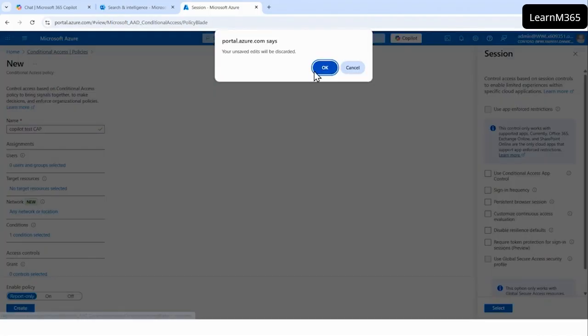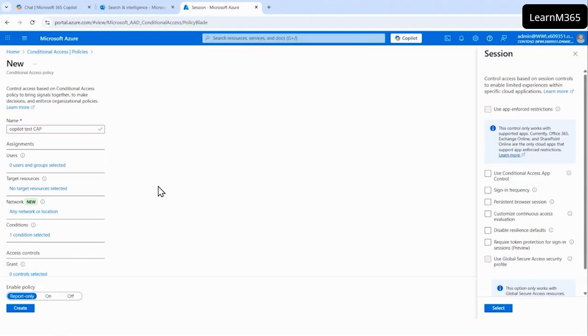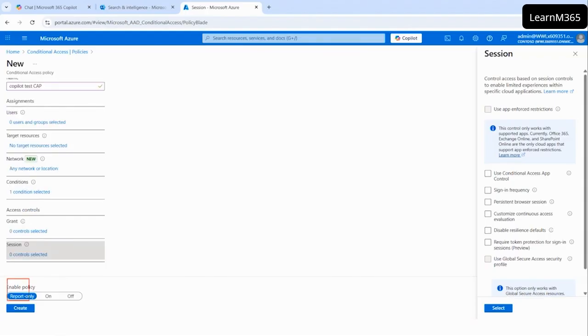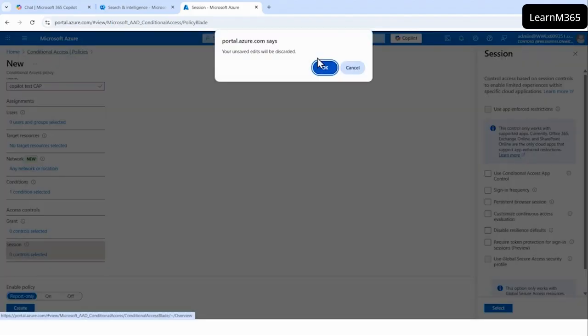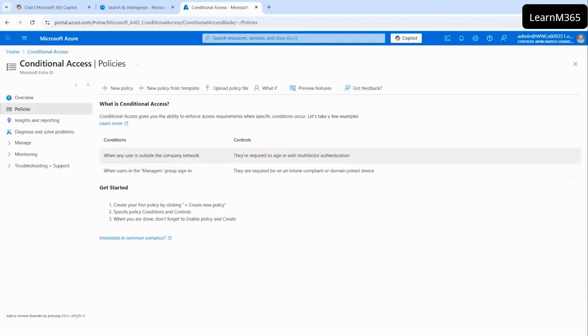You can create it from scratch. You can enable your policy. You can turn on your policy right away. It will be implemented from this moment. You can create your policy, but keep it in off mode and turn it on later. Or you can have it in report-only mode, kind of testing mode, kind of simulation mode, right? So this is conditional access policy, and either you can create it from scratch or